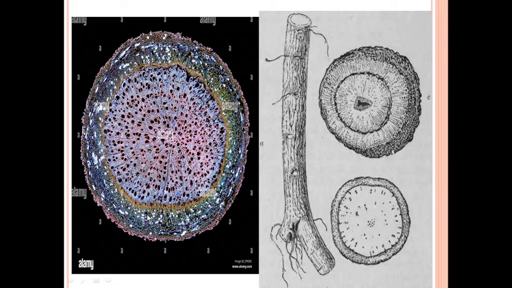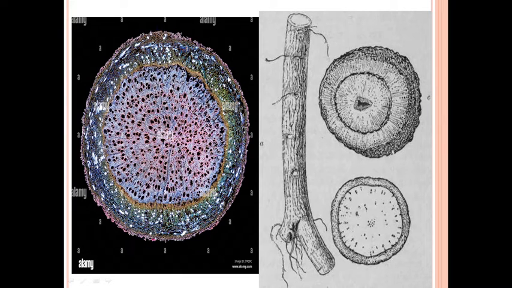parenchyma. The extensive parenchyma of bark and wood contains sandy crystals of calcium oxalate and abundant simple and compound starch grains. So this one is the parenchymatous cells, and you can see here these are the crystals of calcium oxalate. They are the sandy crystals of calcium oxalate, and the dark blue color you can find here is of starch grains. Starch grains and calcium oxalate crystals.